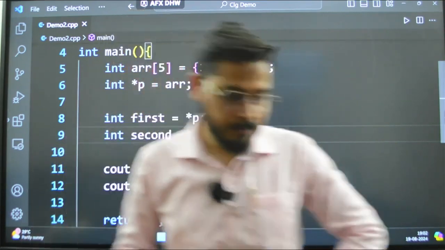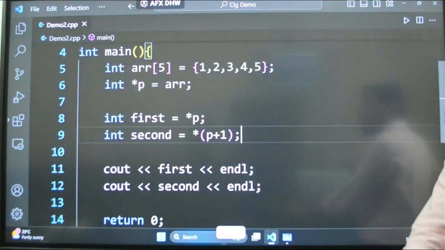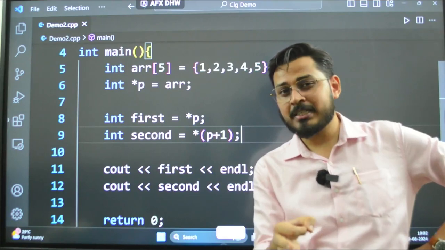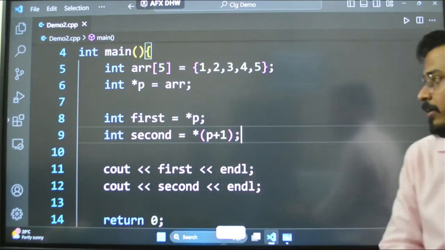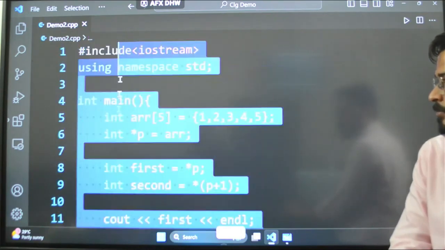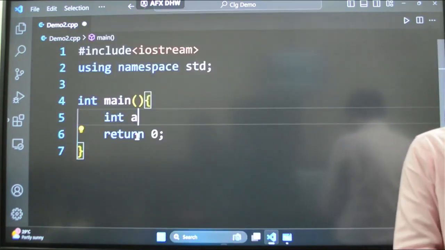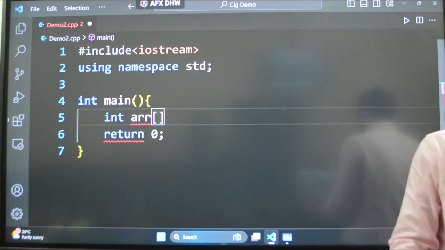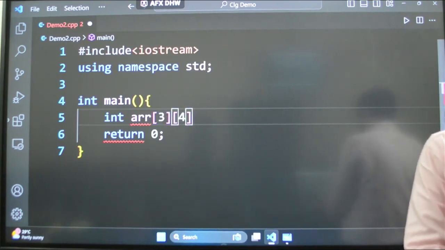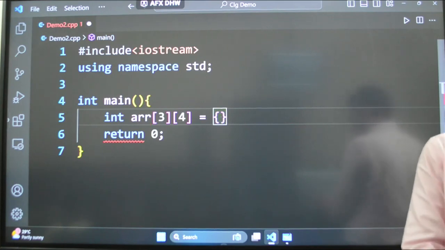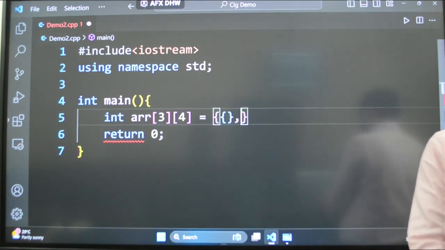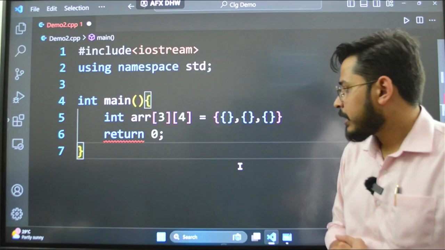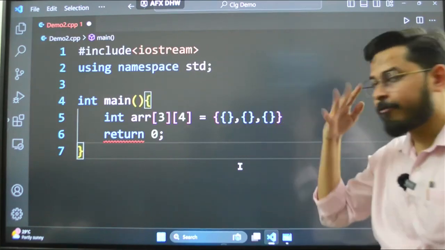You got it? Alright. Next up, speaking of two-dimensional arrays, the same thing becomes a little bit confusing. Okay. Say for example, I created an array int arr, and I said this is going to be 3 by 4. I have an array of arrays. So, the first array, then comes the second array, and then comes the third array. There will be 3 arrays inside this array. That is why it is 3 by, now I will write 4 elements inside it.